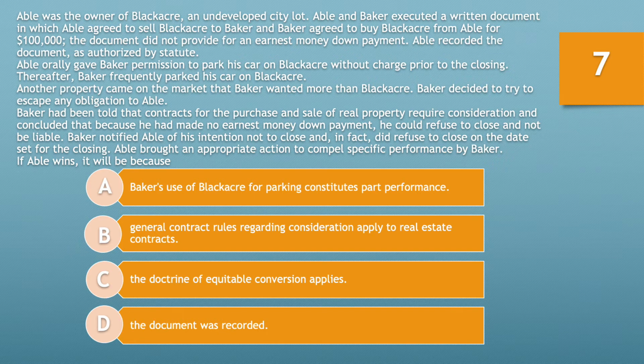Another property came on the market that Baker wanted more than Blackacre. Baker decided to try to escape any obligation to Abel. Baker had been told that contracts for the purchase and sale of real property required consideration and concluded that because he had made no earnest money down payment, he could refuse to close and not be liable. Baker notified Abel of his intention not to close and, in fact, did refuse to close on the date set for the closing. Abel brought an appropriate action to compel specific performance by Baker. If Abel wins, it is because